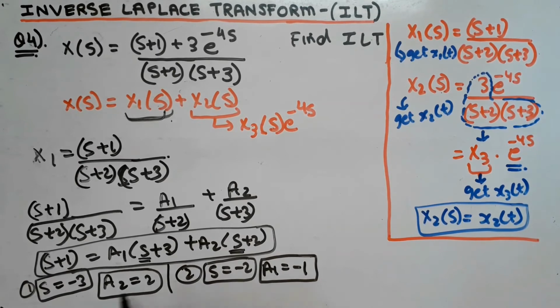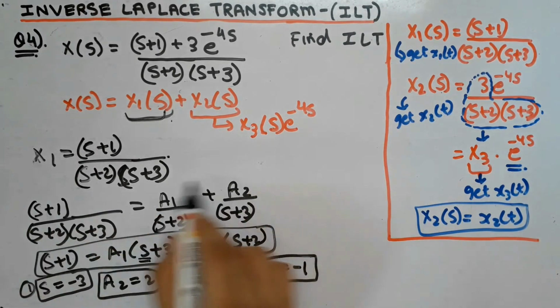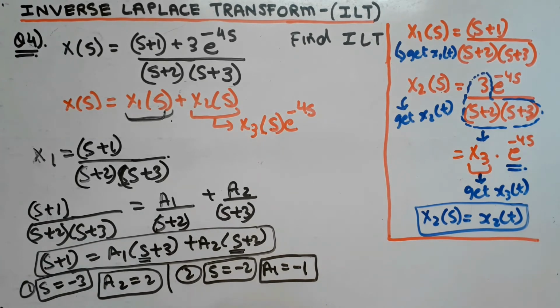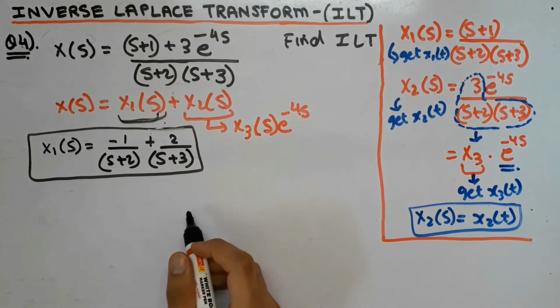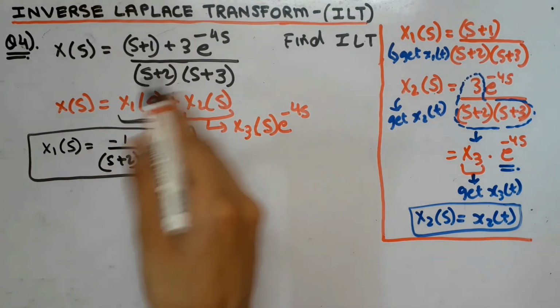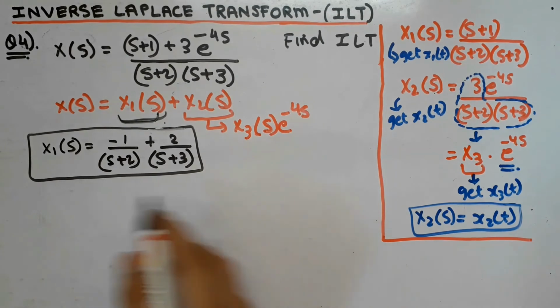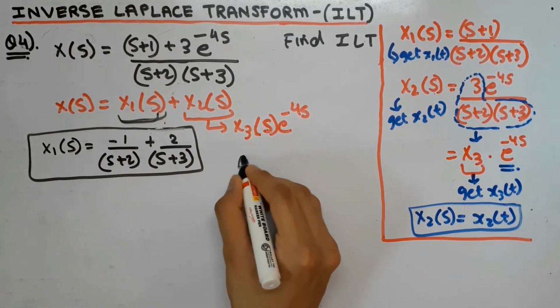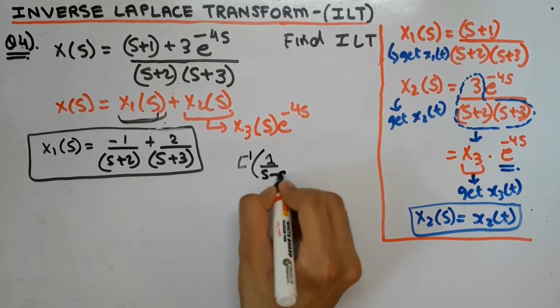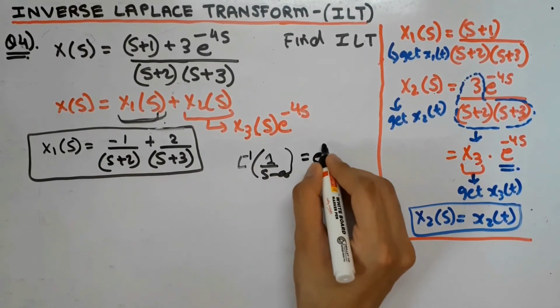Now similarly we are going to put these values of A1 and A2 in this equation and get the value of x1(t) using the formulas in Laplace transformation. And then similarly we are going to solve for X2(s). Now that we have put the values of A1 and A2 in the equation that we obtained previously, we are going to use Laplace transformation formulas to find the value of x1(t). That is, we are going to use the formula L inverse of 1 upon (s minus a) is equal to e to the power at.